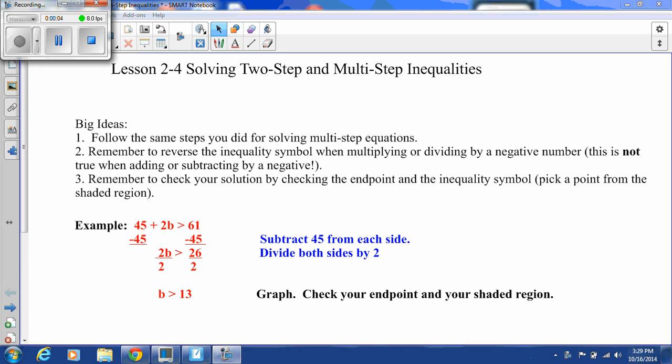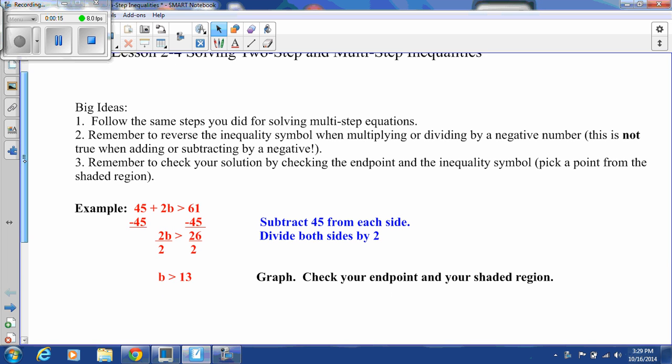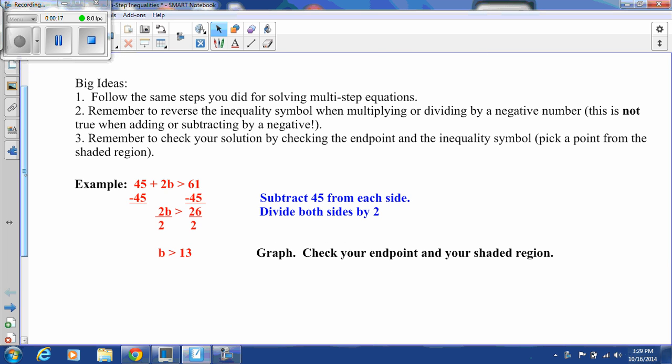Today we're going to put together everything we've learned about solving two-step and multi-step equations and inequalities. We're going to follow the same rules that we did for solving multi-step equations. So look at the three big ideas that I have listed. First of all, as I just said, we're following the same steps we did for multi-step equations, and those steps